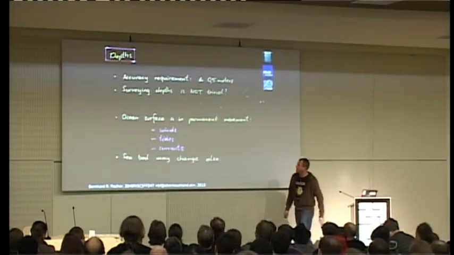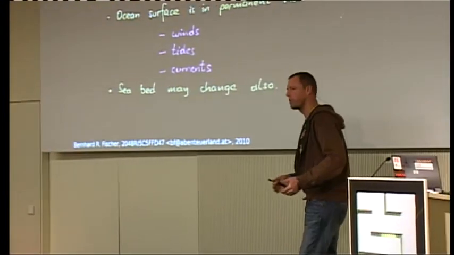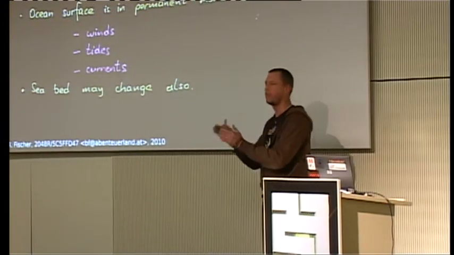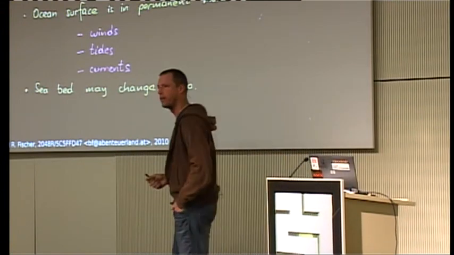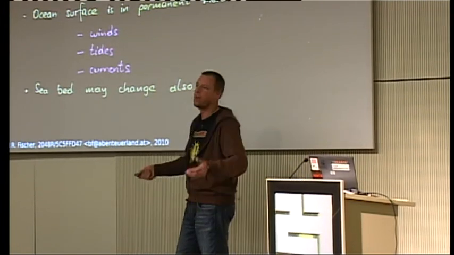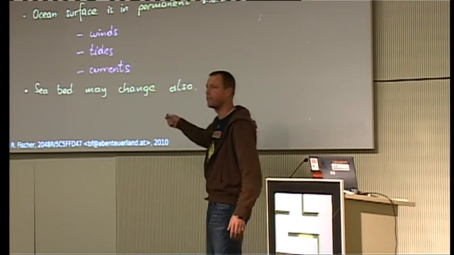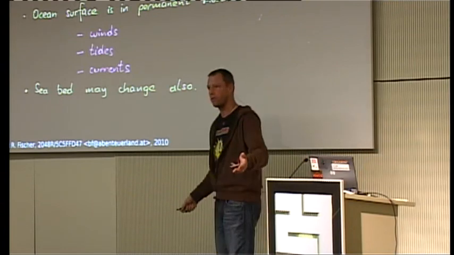Another really difficult problem is the depth. Measuring depth is really important for a vessel. I think, that's my opinion, we need an accuracy of 1.5 meters, half a meter, something like that. You may enter some port if there is half a meter more or less. So it's really important. If you are hiking on the top of a mountain, it makes no difference if the mountain is 10 meters higher or lower. But on vessels, there's a big difference, because if you miss it at such a small distance, you may crush your boat, and that's expensive.